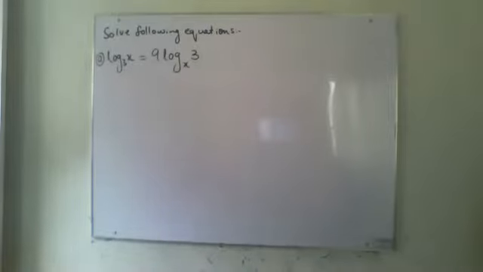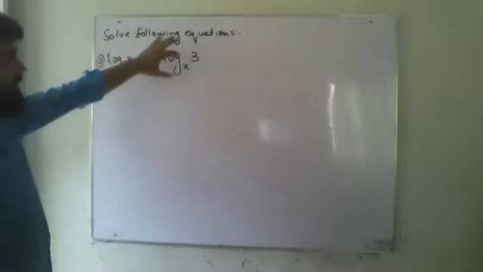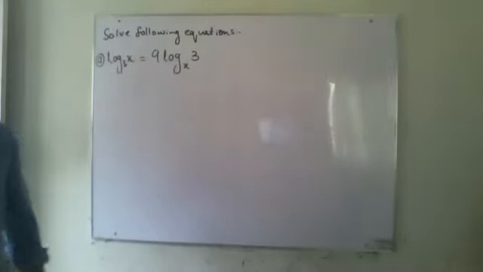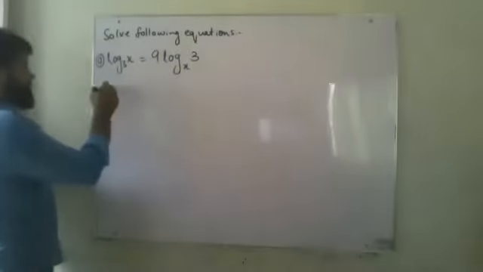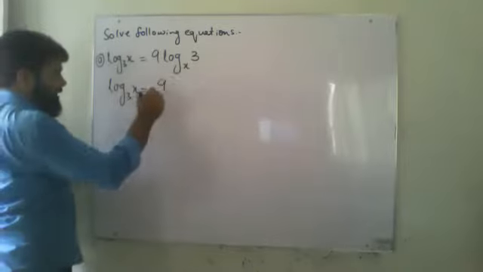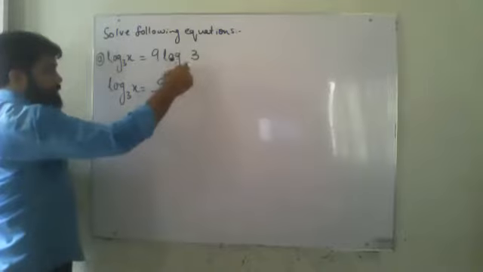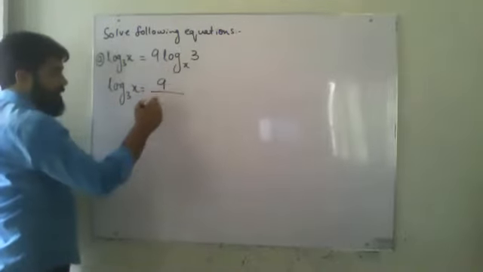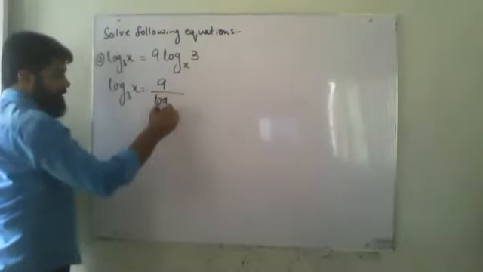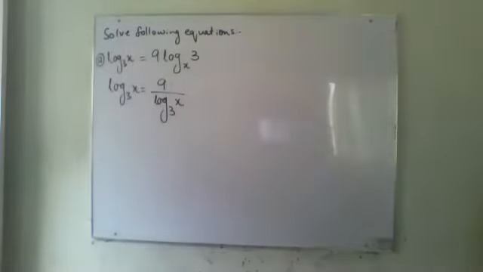So what I am going to do, I can see over here there is base 3 multiple x, over here base is x multiple is 3. So what I can do over here, log 3x equals to 9. I am shifting base and multiple position. I am exchanging base and multiple. So when I exchange it, it will become log base 3x into 9. Okay, into 9 will be there. So this is what I have got right now.